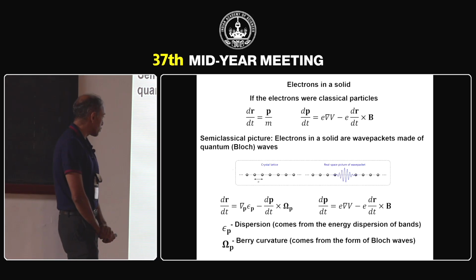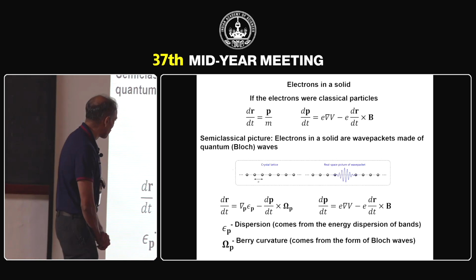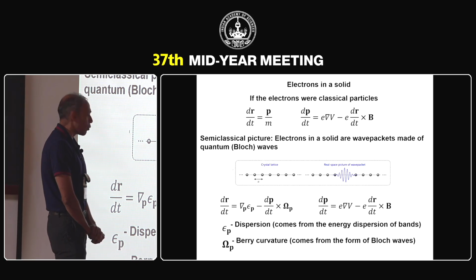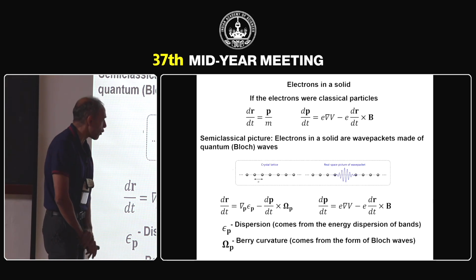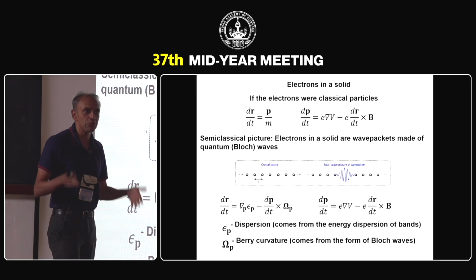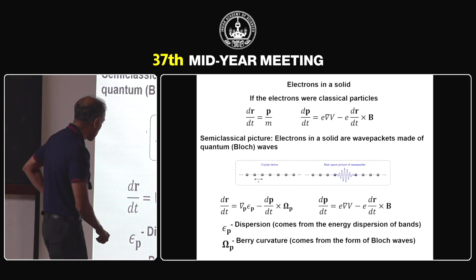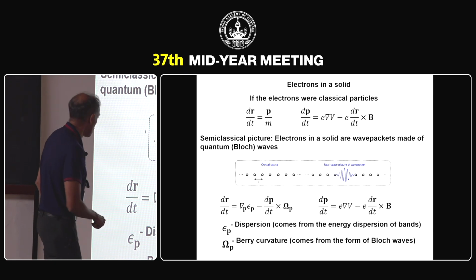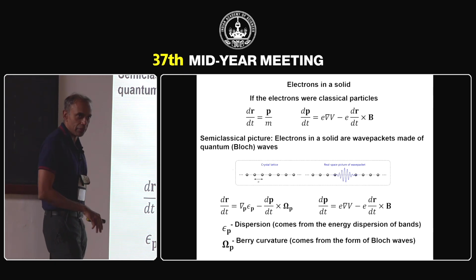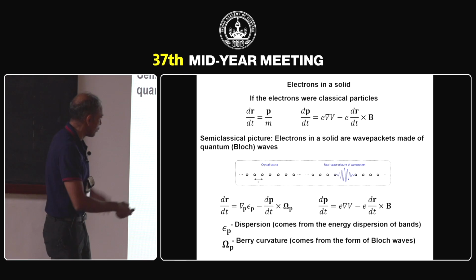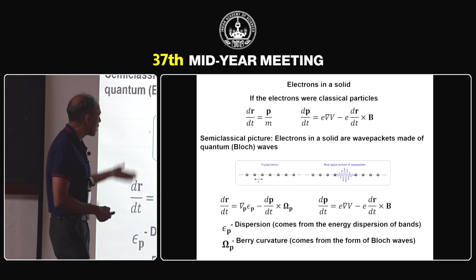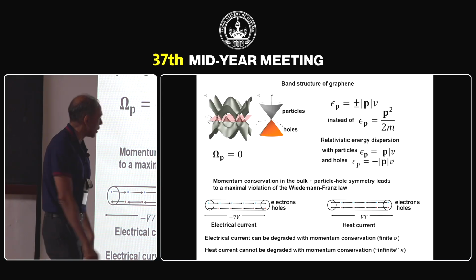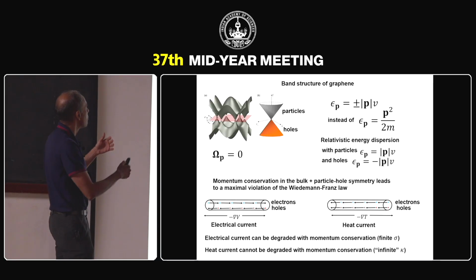And so it's a velocity which depends on the rate of change of the momentum, and this other quantity here, which is called a Berry curvature. And this comes from the basic nature of these Bloch waves. The form of these Bloch waves actually gives you this Berry curvature. So there are these two very important modifications of the equation of motion of an electron when it flows through a crystal. And it turns out that the behavior that I showed you earlier can be explained because of this